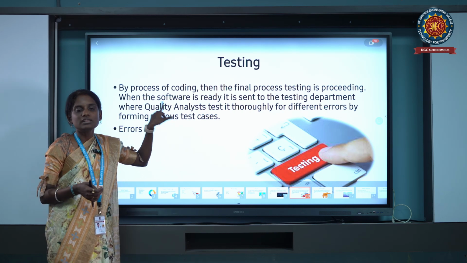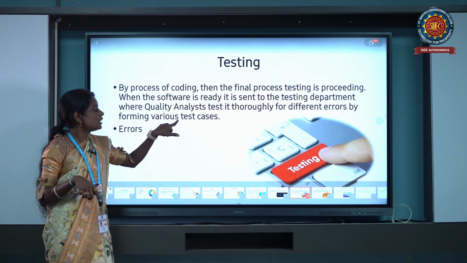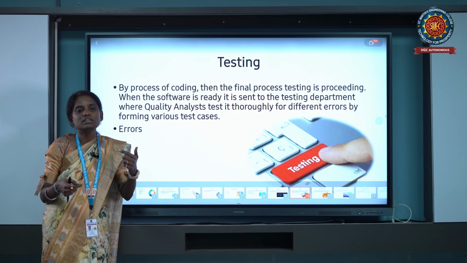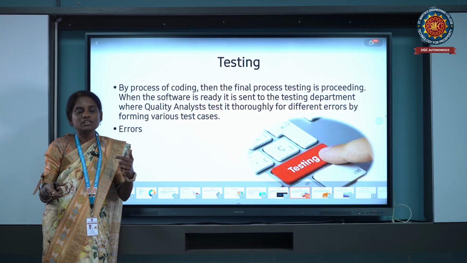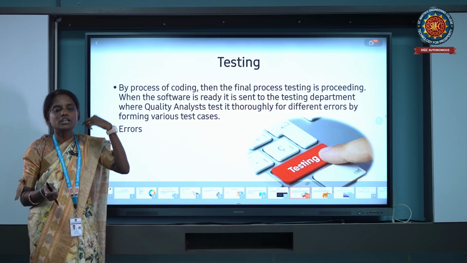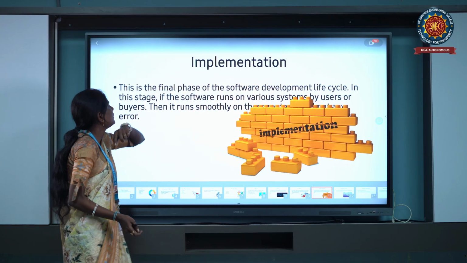In this, the testers will be writing the test cases in a document, with the test case serial number, what is the reason for the test, and what is the defect it caused. We'll have this in some Excel sheet, and it is forwarded to the further team. Next, we have the implementation part.